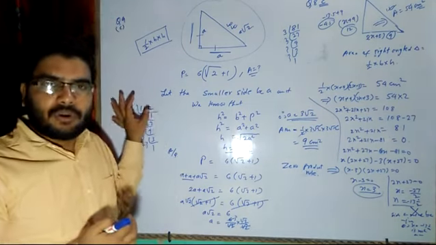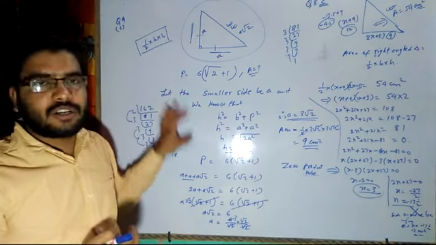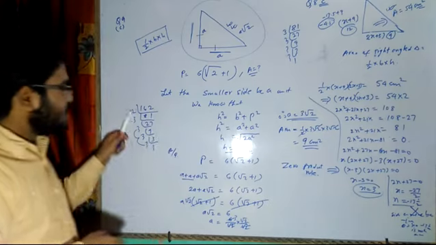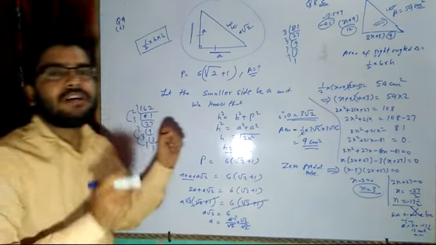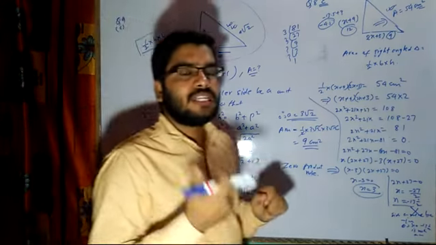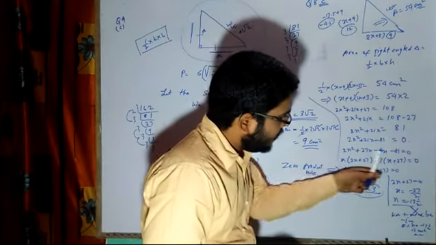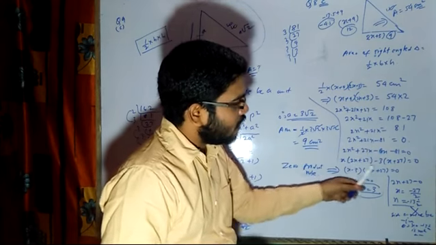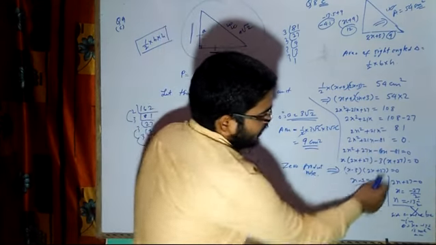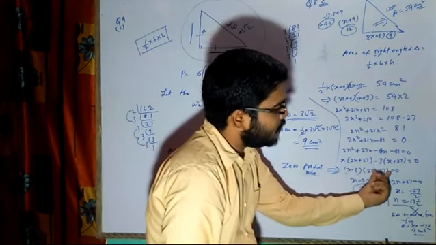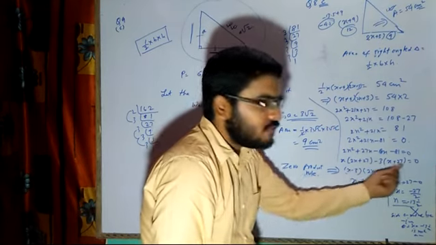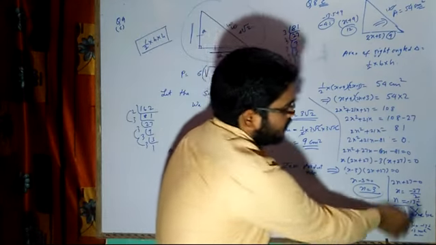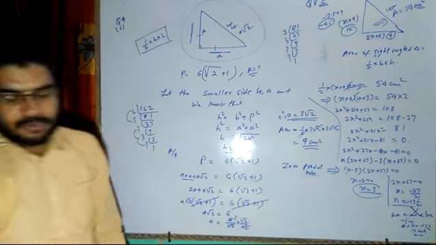Right now we don't have quadratic equations in this class, so I am not going to discuss that. Instead I am discussing how to split the middle term, which you have already studied in class 8. After splitting, I got the form a into b, and either this will be equal to 0 or this will be equal to 0, then only this equation will be satisfied. That is why it is called the zero product rule. Then from here we get the values and finally we substitute.